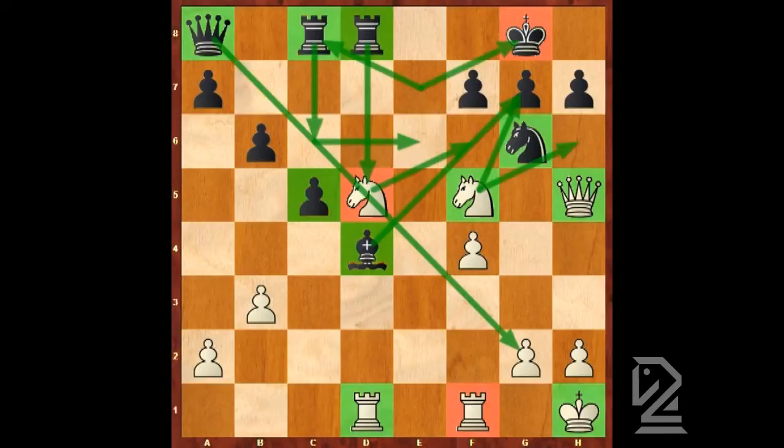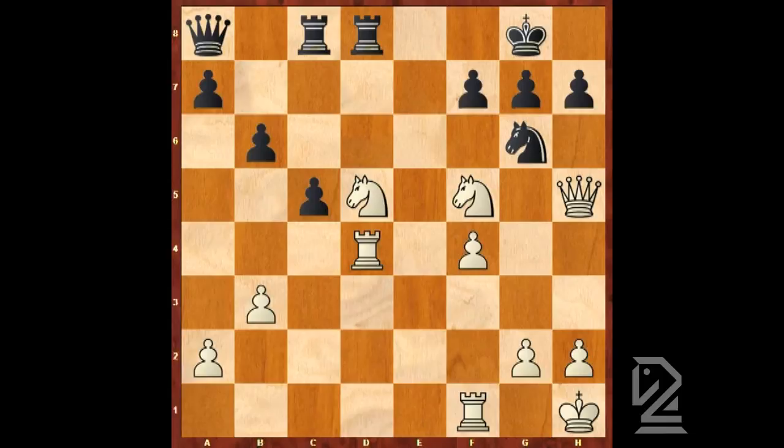Instead of this move, knight d e7, white can try to use this activity of white queen and white knights and to try to make some mating attack. And we can see that this knight on g6 and this bishop on d4 is protecting this king, and we can try to neutralize and to use liquidation of defense by playing rook d4. Now this bishop, this strong bishop on d4 is not exist anymore, and okay, after cd4,